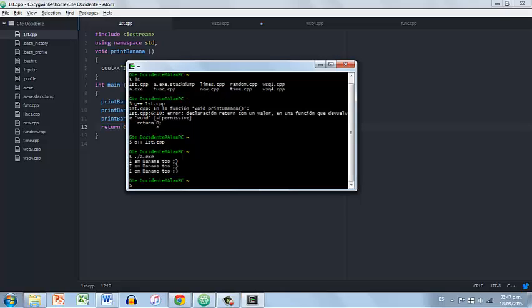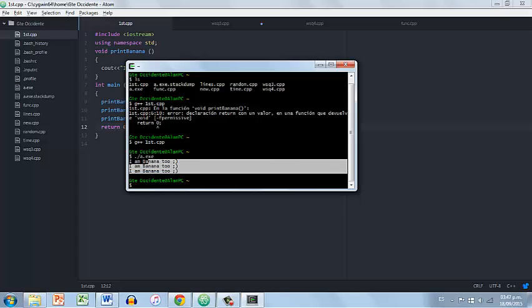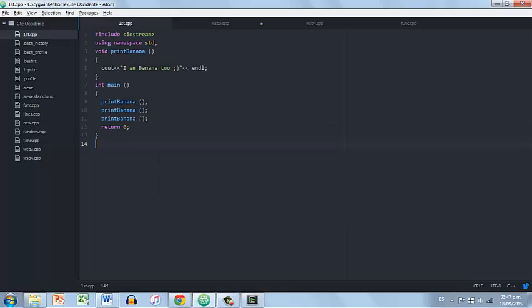And there we go, we have our 3 I am bananas. I am banana 2. Very well. So, that's basically how a void function works and how calling a function works. Because I could have had this right here, and then a cout